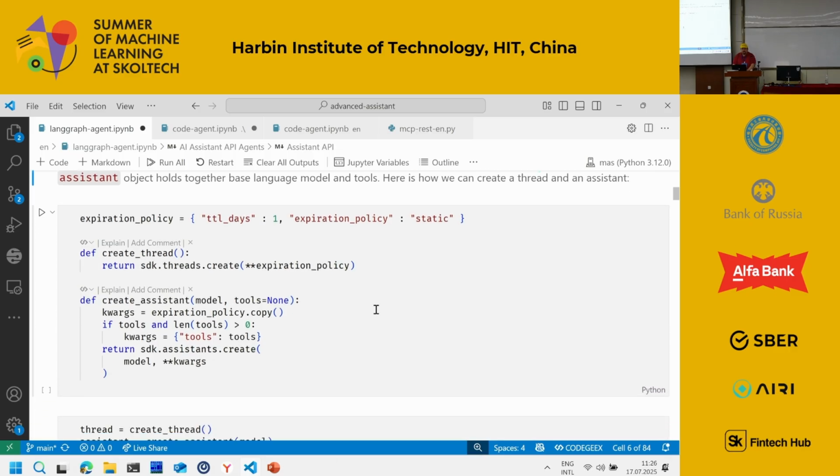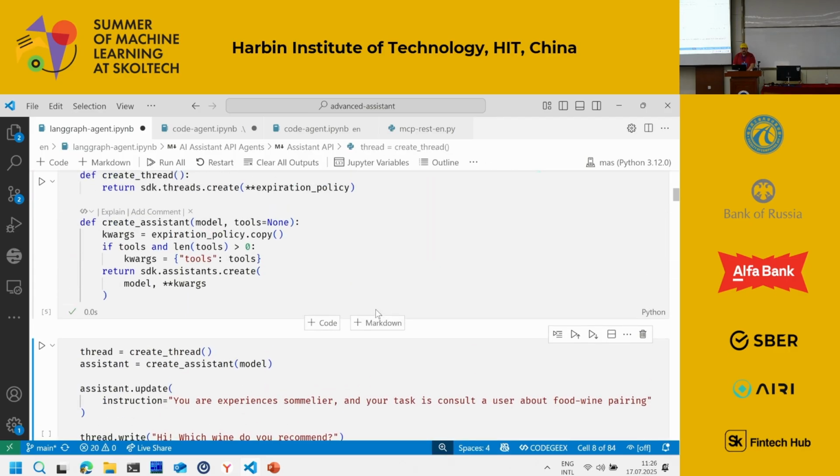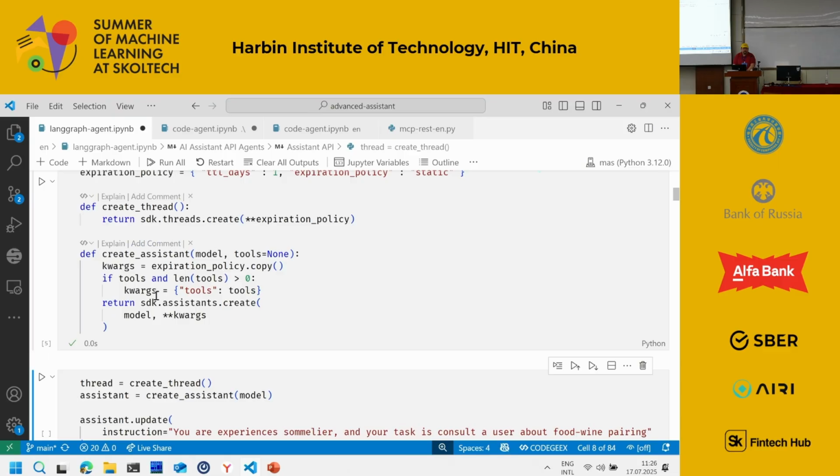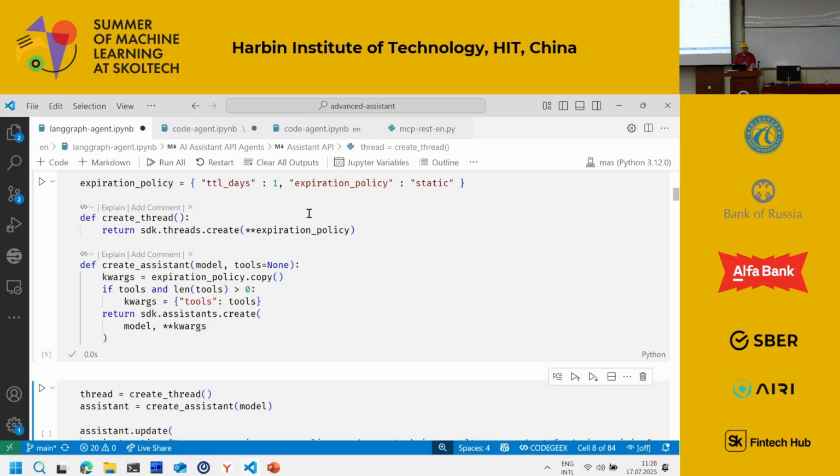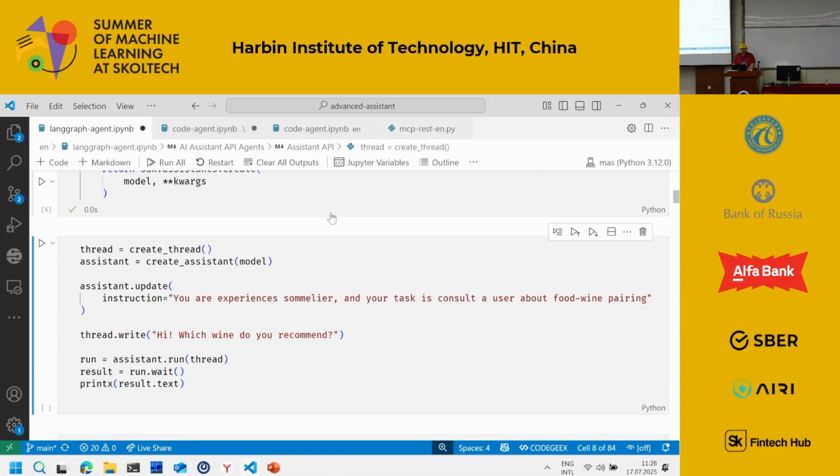So with Assistant API, I define two functions to create a thread and to create an assistant. It's basically an SDK call plus some kind of expiration policy, what to do when it's not active. So I specify how many days it should stay alive when nobody is talking to it.